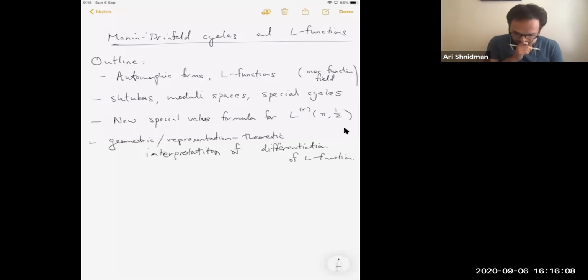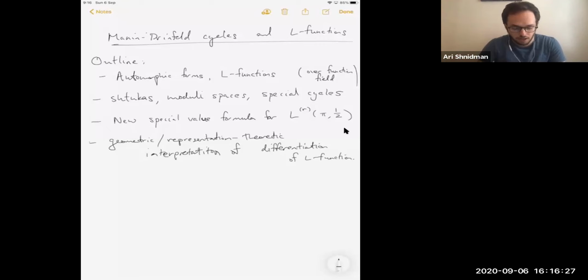So yeah, for an outline of the talk, I'm gonna talk about automorphic representations and their L functions in the function field setting. And specifically for the group PGL2 or GL2. And I'll say a little bit about that, and then I'll describe